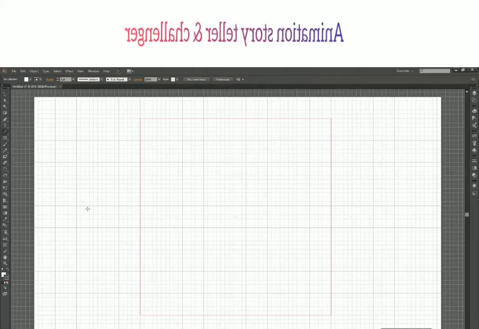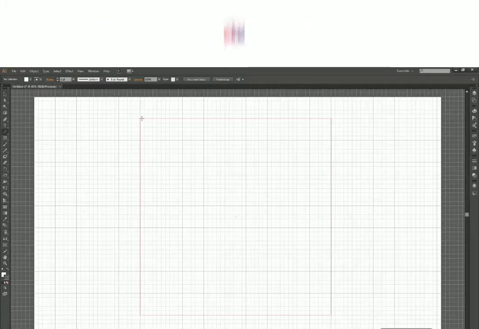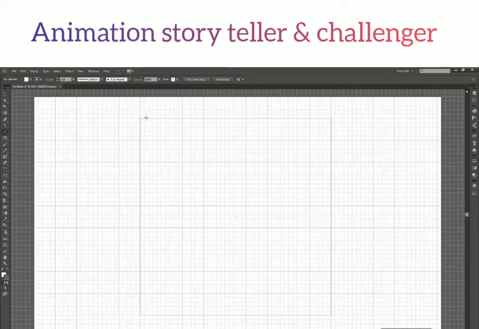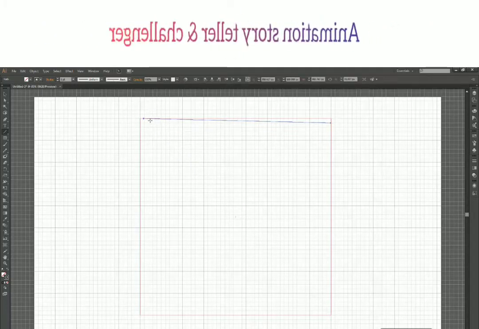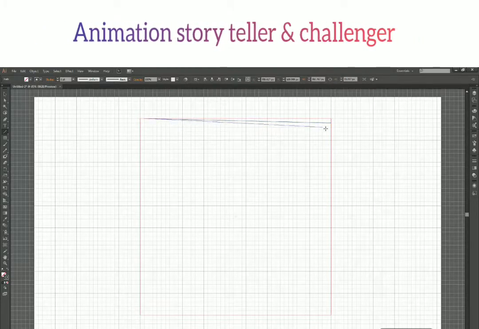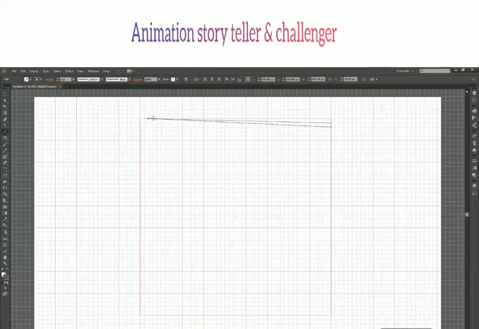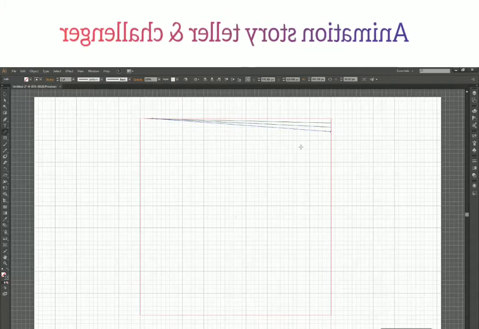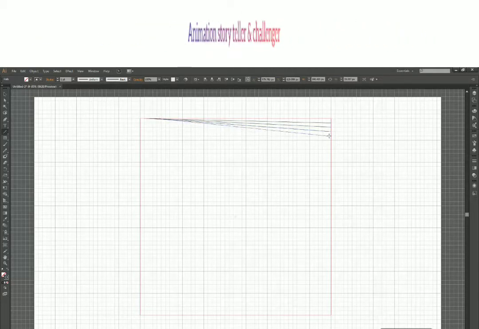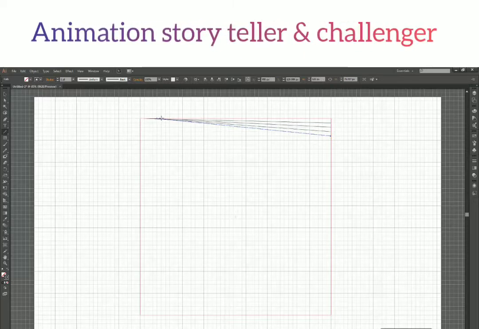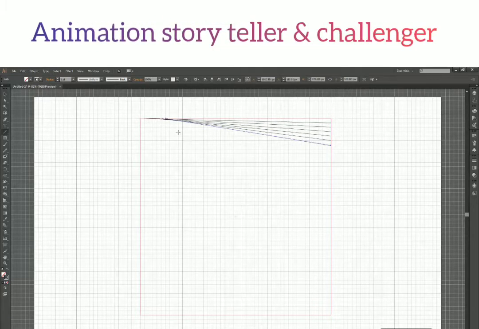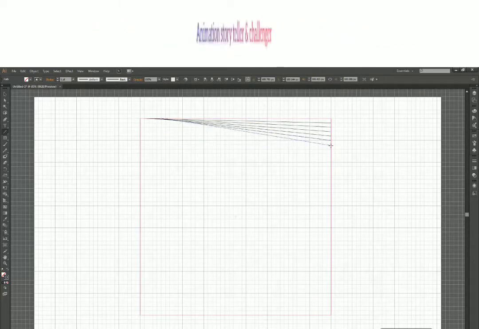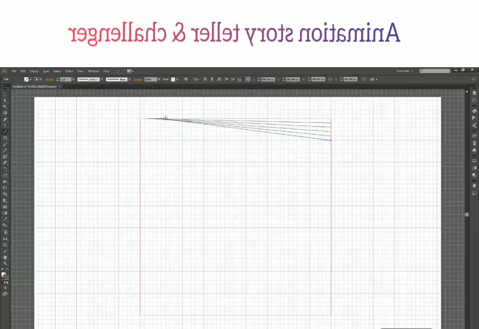Now what we'll do is select the line tool and start making lines from this point to this point. Okay, so for the second line we will start from this point and end at the second grid, and we'll keep repeating this process for the entire one section. So this might take a long time, so I'm going to fast forward it so that it won't take much of your time.